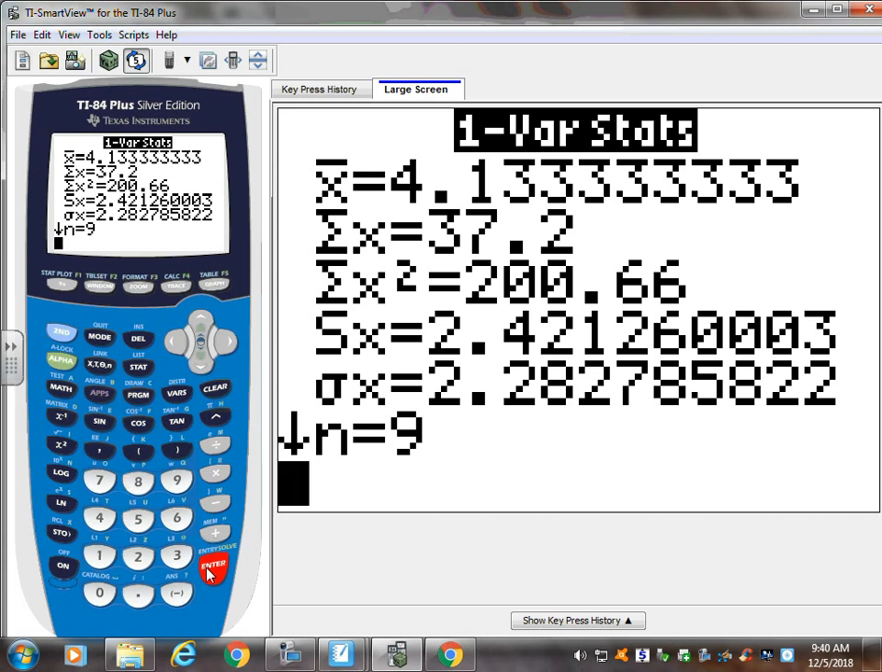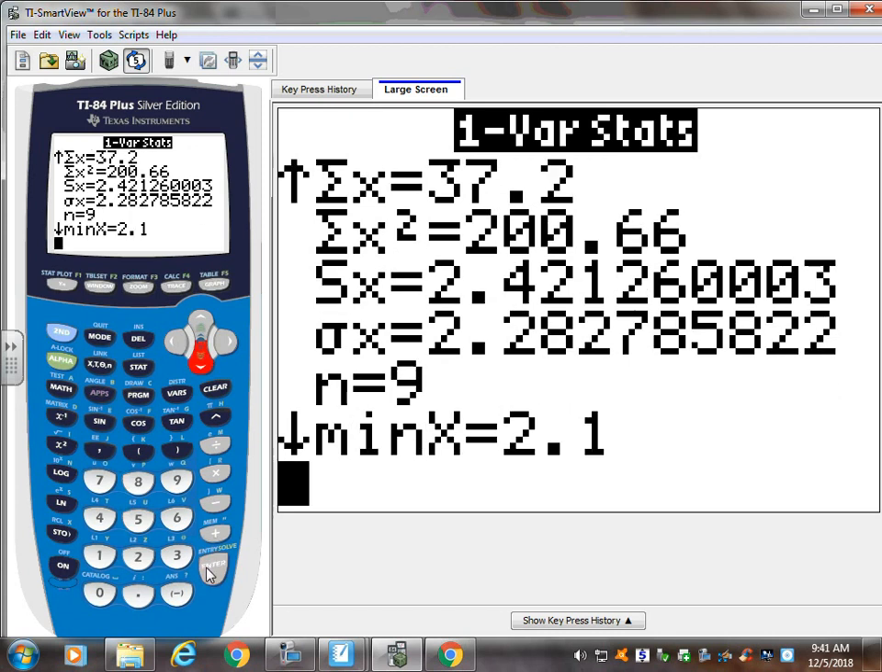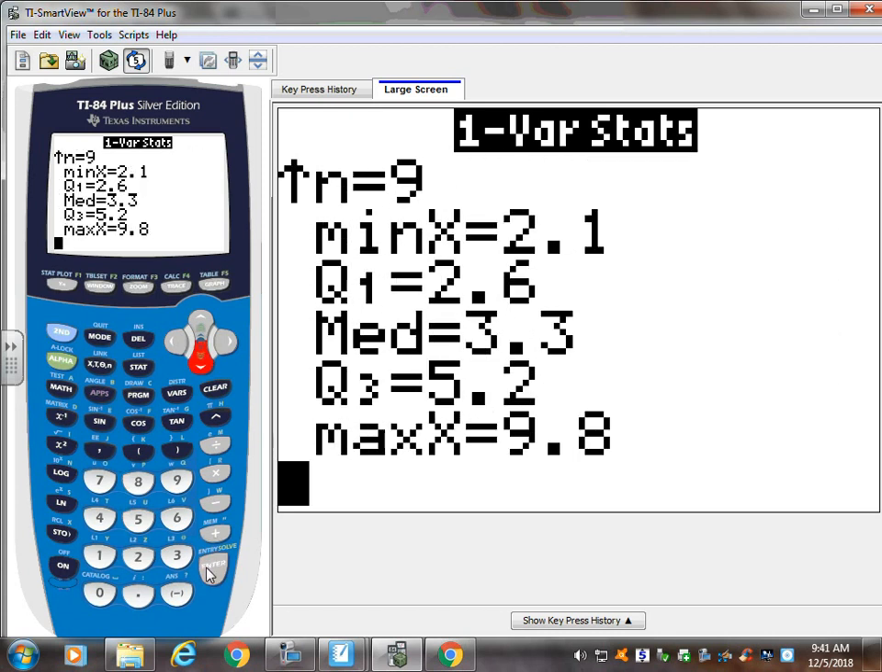The difference between these two is Sx is your standard deviation of a sample. And then this is a Greek letter in the alphabet. Kind of looks like a sideways 9. And that represents population standard deviation. There were 9 numbers. That's what N is telling us. If we go down, we see the lowest, the highest, the middle one, and the quartiles for the box and